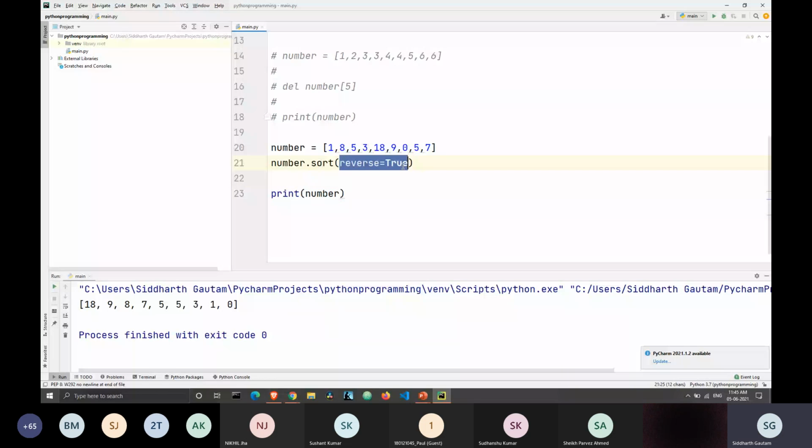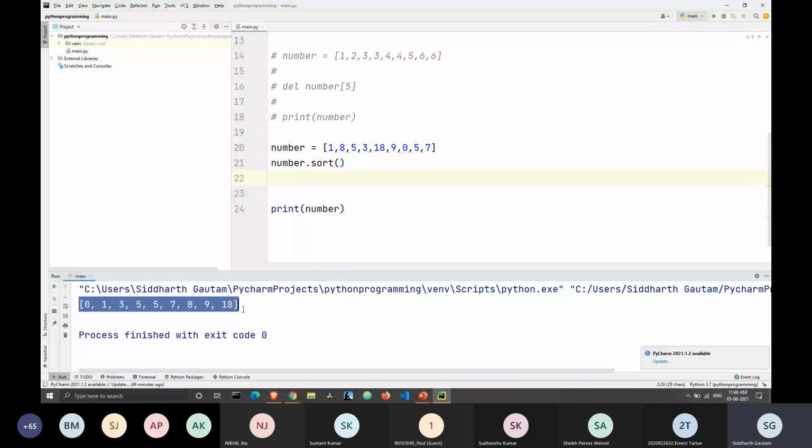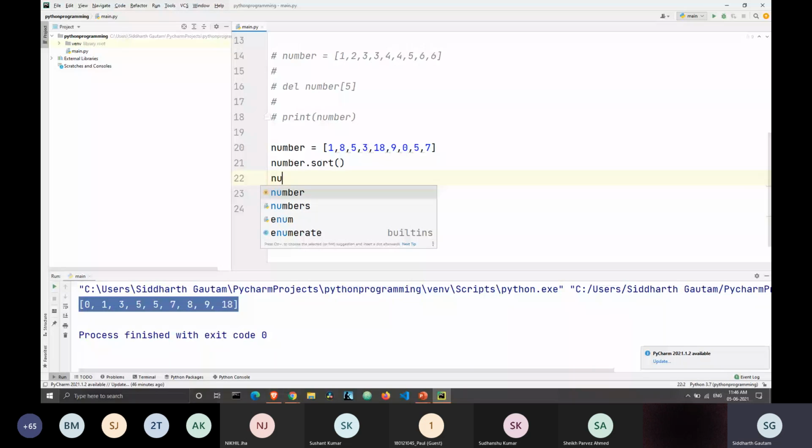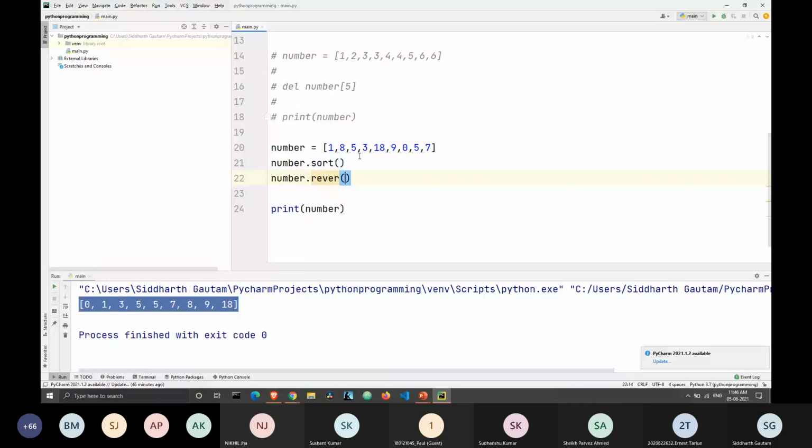When we just sort the list, we get it in an ascending order, and then if we reverse it with numbers dot reverse, this will just reverse the list, and again we get the list in the descending order. So it's the same thing. First we had the sorting method, and it had an attribute of reverse, but we split it into two methods, and that's how we did this.